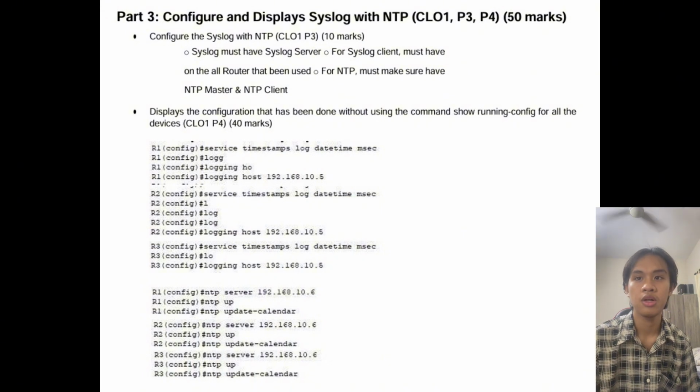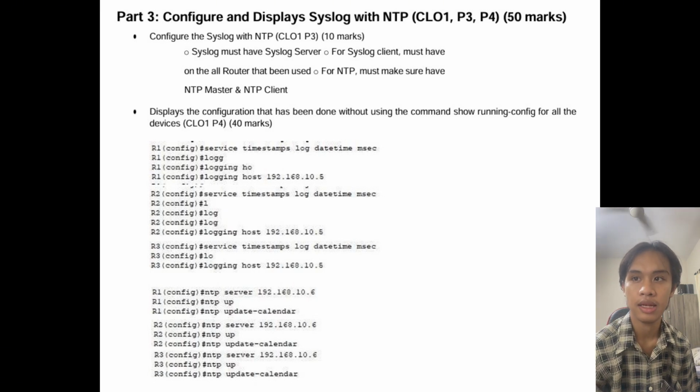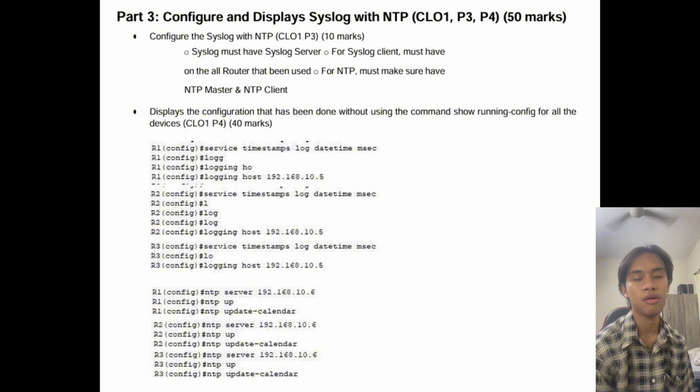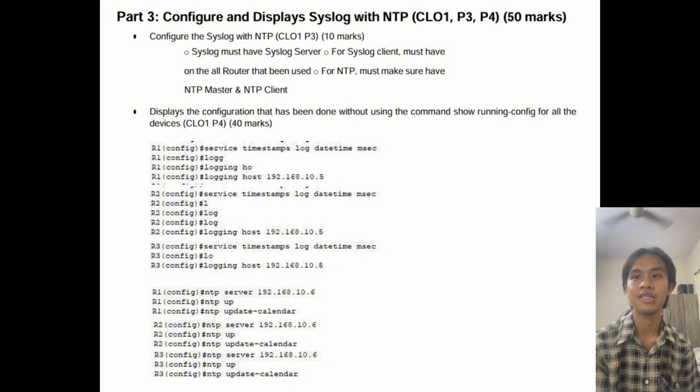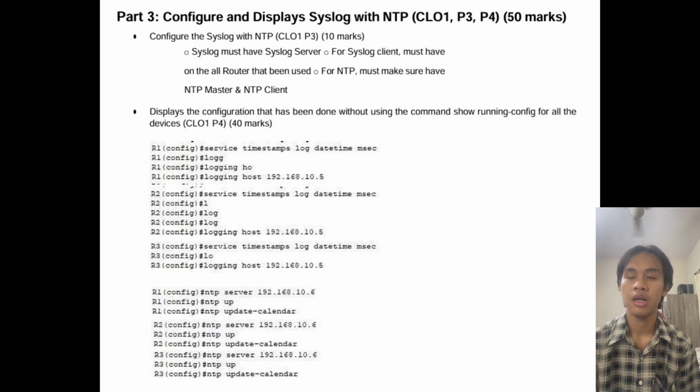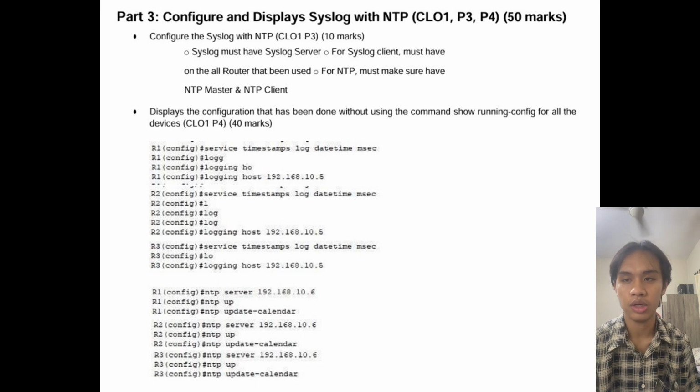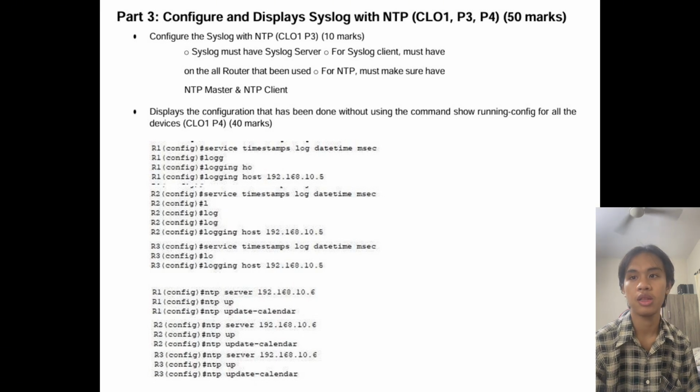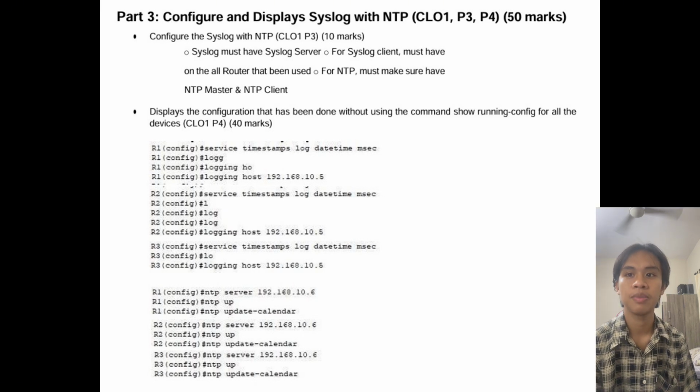So let's go here. First, in R1, we put the command service timestamps log datetime msec, and then logging host 192.168.10.5 is the IP. Then we put the command in R3: service timestamps log datetime msec, logging host 192.168.10.5, and then we go back to R1 to put the command for NTP server 192.168.10.6, and then